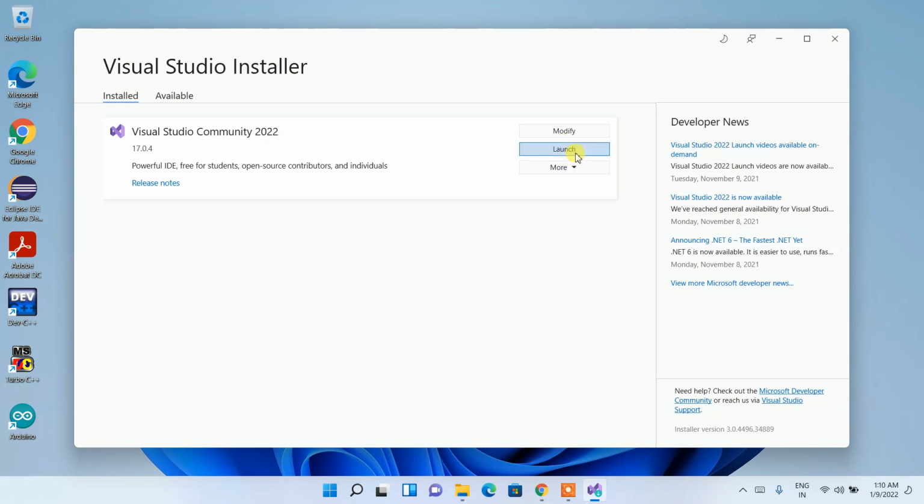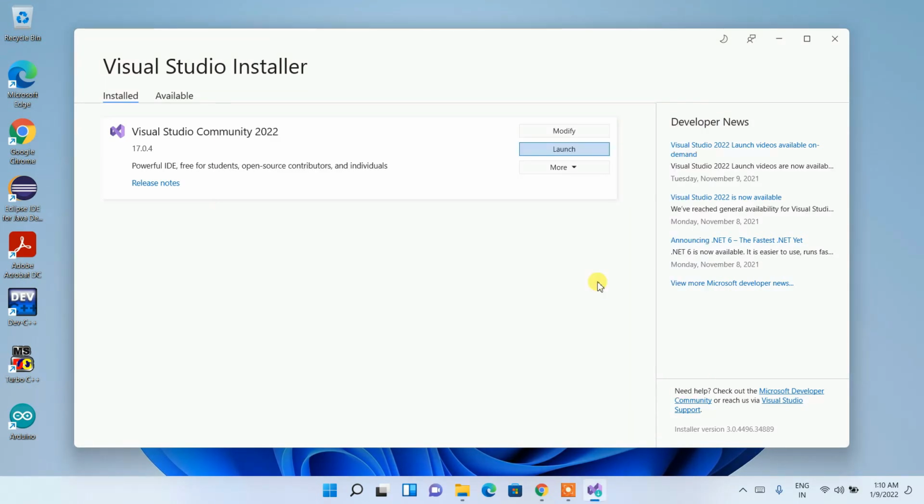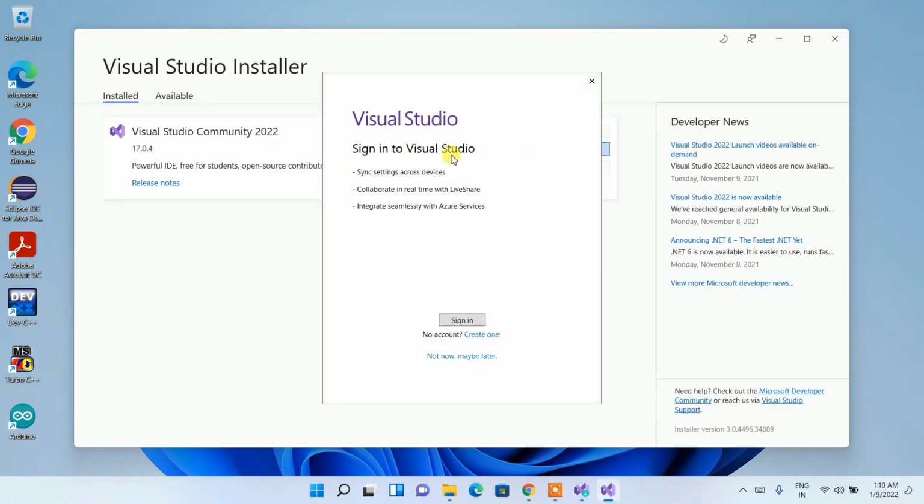So just simply click on launch, and it is going to start launching our Microsoft Visual Studio 2022, and it is asking to sign into Visual Studio. You can always sign in by simply clicking on the sign in button. Right now I don't want to, so I'll just click on not now, maybe later,